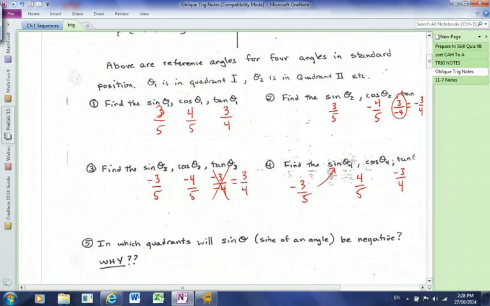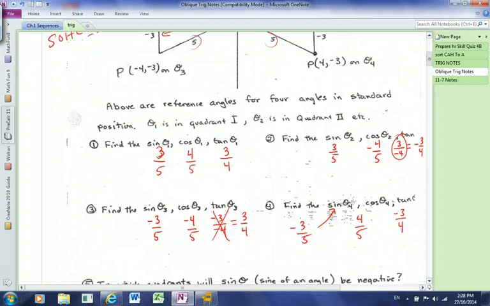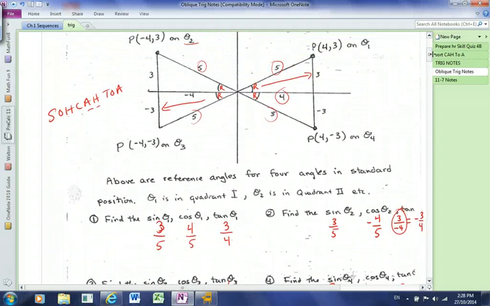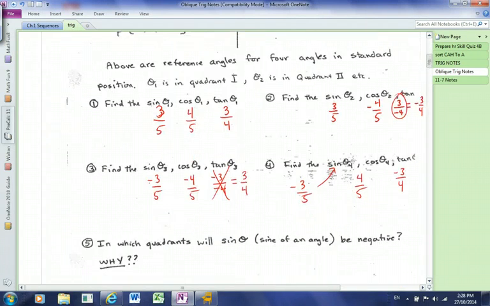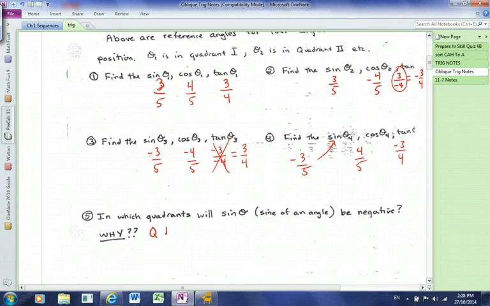So I've asked a question: in which quadrants is the sign negative, and why? What makes it negative? In which quadrants is the sign negative? 3 and 4, because the y values are negative. Okay, the opposites are y values and they are negative. So it's in quadrant 3 and 4